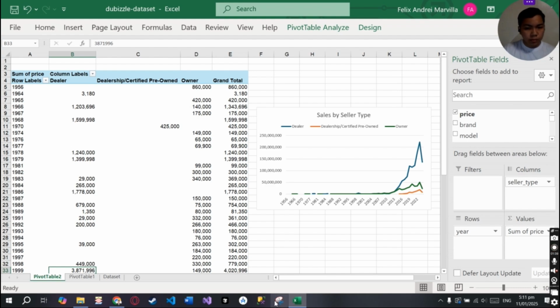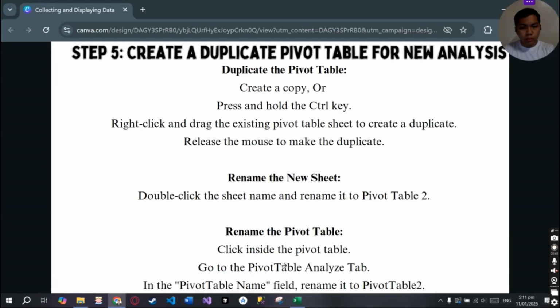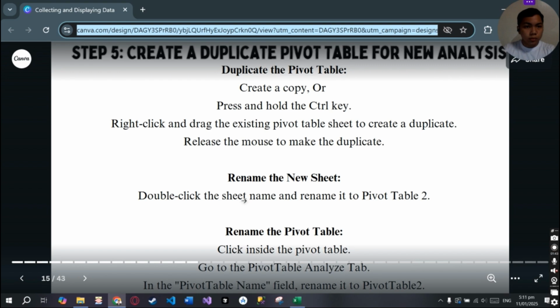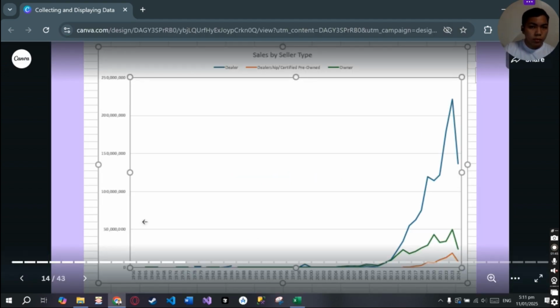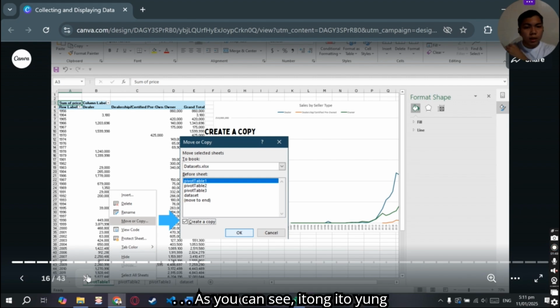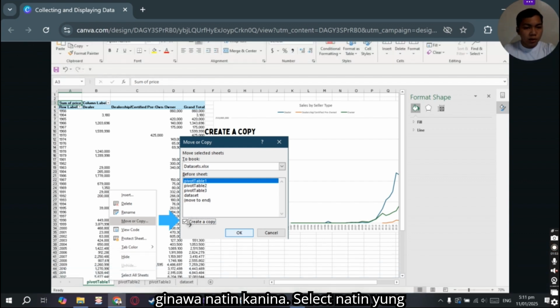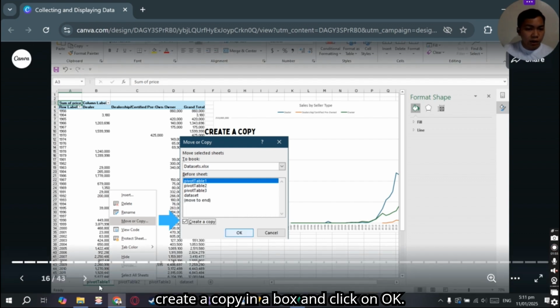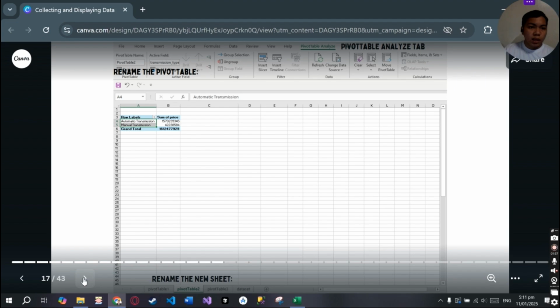Ngayon, as you can see, ito yung ginawa natin kanina. Select natin yung create a copy na box at i-click ang OK. At ito na yon.